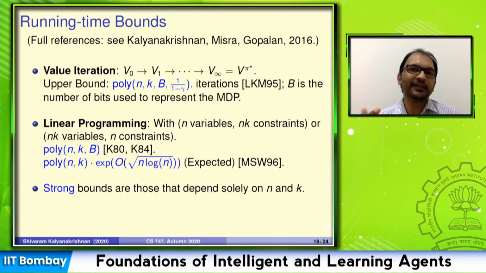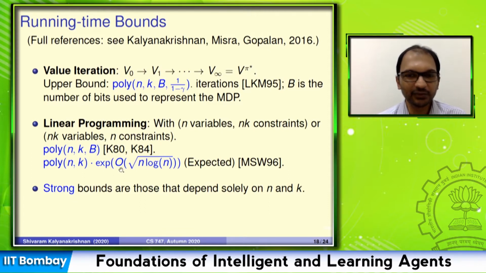So under this model, the question is, how much time will you take to compute an answer for your given problem? In such a case, value iteration will still have this dependence on the size of your representation, because it needs it in order to terminate. And likewise, interior point method and ellipsoid method will also have this dependence. However, there are approaches that can give you bounds that don't depend on the size of the representation. They depend only on the number of states and actions in the MDP, or the number of constraints and variables in the linear program.